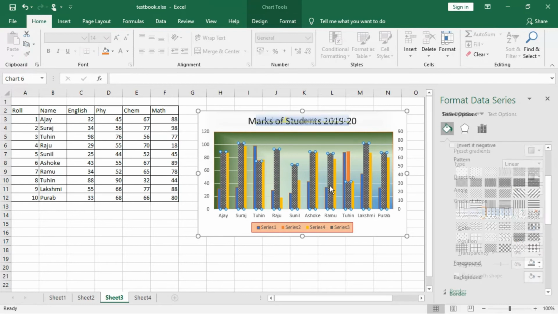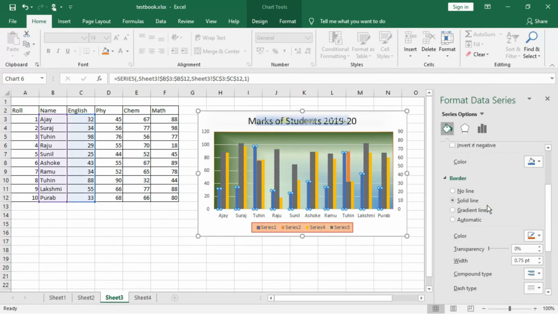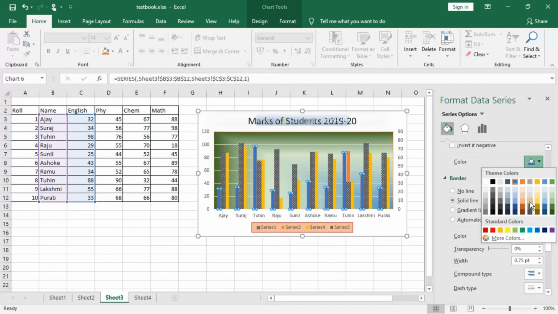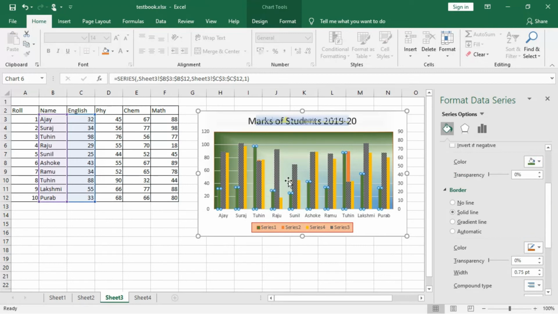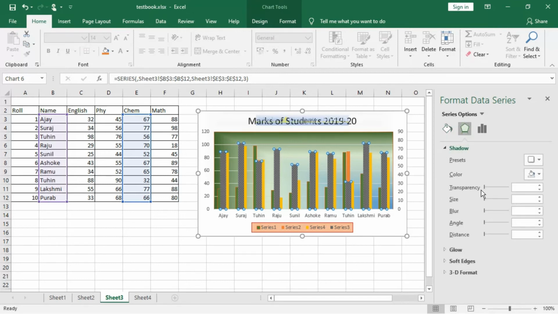And this is the chart area. From here, if you want to use Series 1, that also can be formatted. This is the Series 1 formatting, so you can change the color from here. Suppose you're not keeping it green, so it has become green. Suppose this particular series, if you don't want to keep this one, you can give some shadow, transparency may be increased.